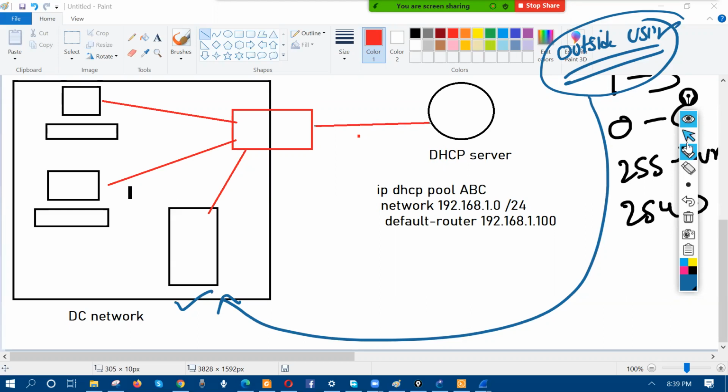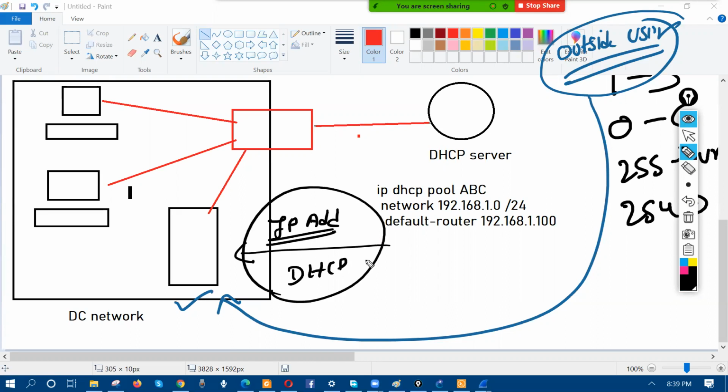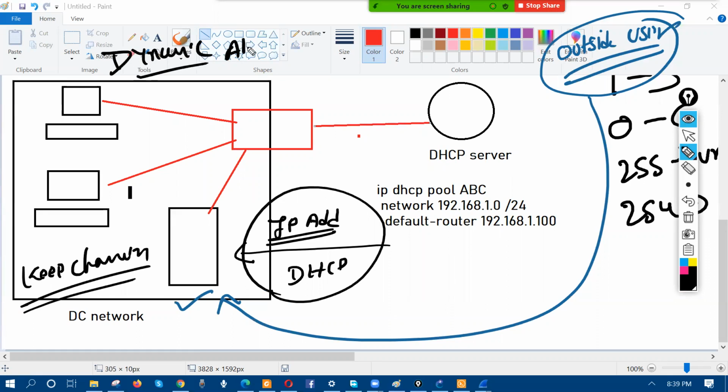Tell me one thing. If this guy gets the IP address through DHCP, what happened? This IP will keep changing, right? The IP address will keep changing because it's a dynamic allocation. In a dynamic allocation, the IP will be changed, right? In that case, what I want,